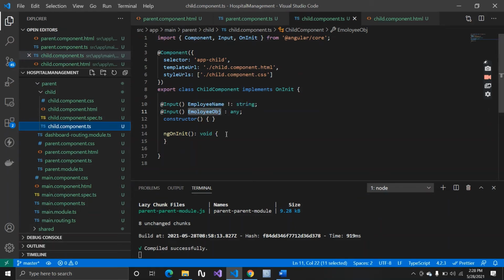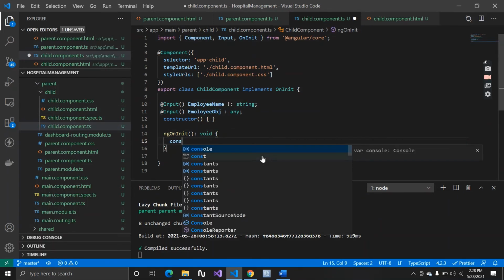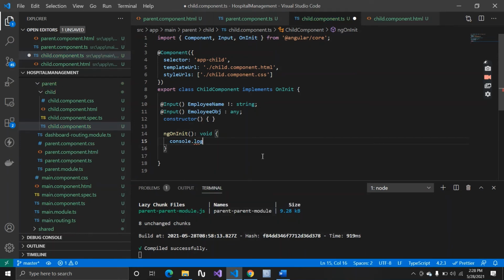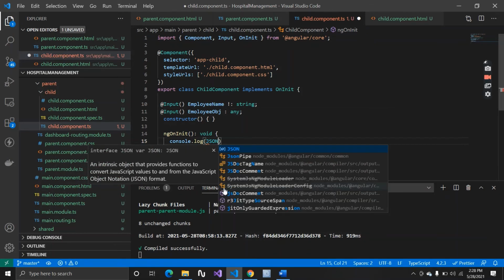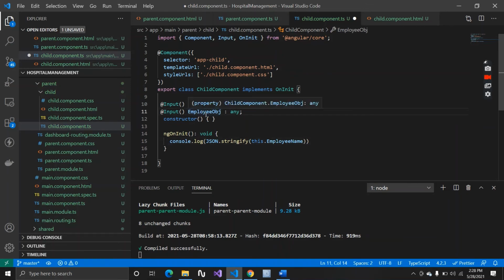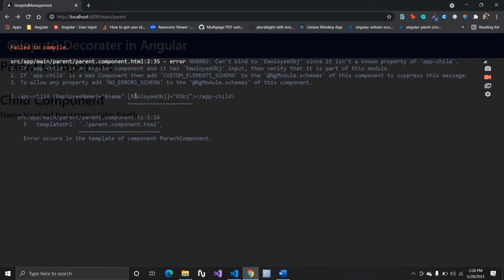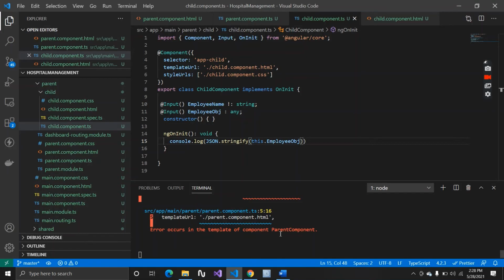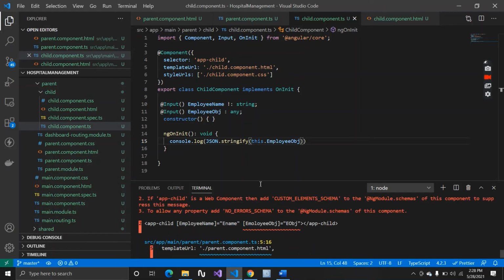Now let's try to console and check if we have received the data or not. Console.log. This is basically an object, so let's stringify it. Now let's try to console this. There is some error. The name is incorrect, sorry.